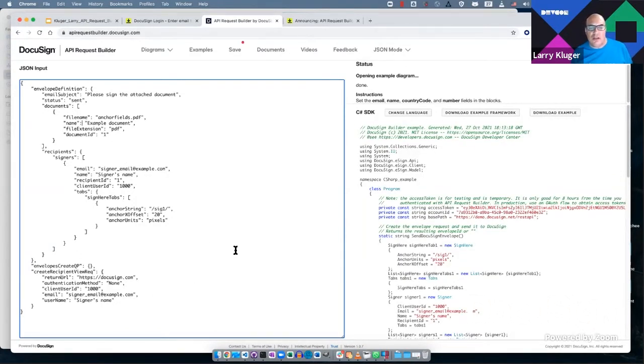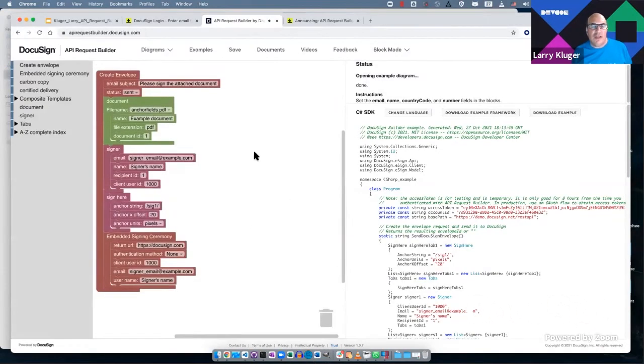So this works only from JSON to an SDK language. It cannot take the JSON and turn it into blocks. I believe that's possible to be done, but that software has not been written. So that's sort of a utility system. The intention is to be able to create things with the blocks. Okay, so let's